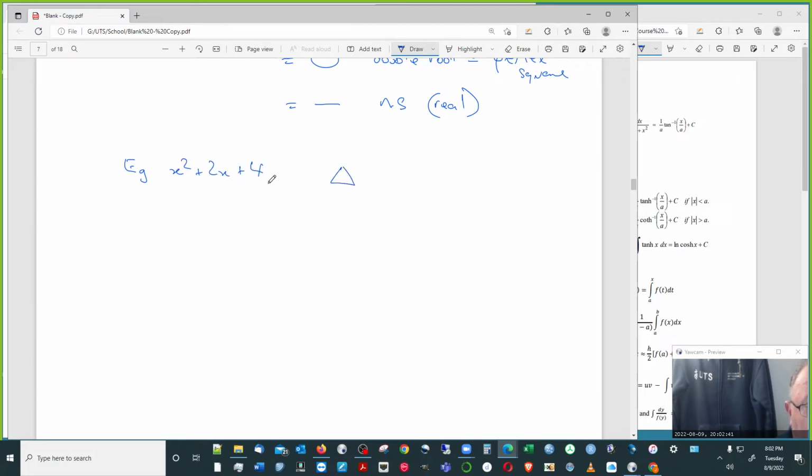So for the discriminant, a equals 1, b equals 2 in the general form, and c equals 4. The discriminant is b squared minus 4ac, which is 2 squared minus 4 times 1 times 4. So we've got 4 minus 16. I don't even need the number because I can see that it's a great big negative. Based on that analysis,